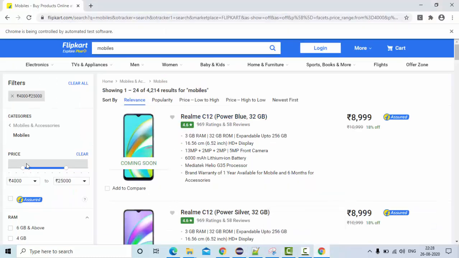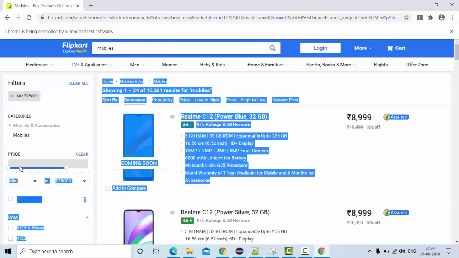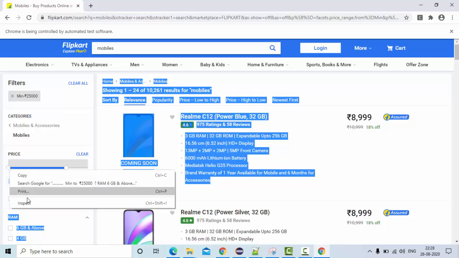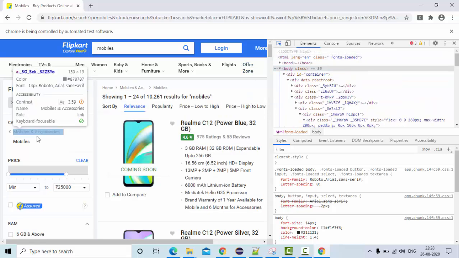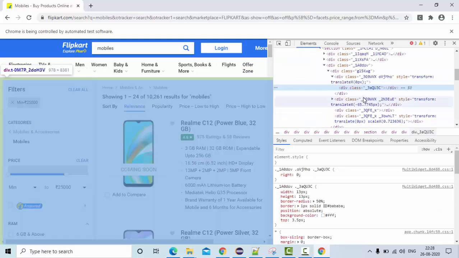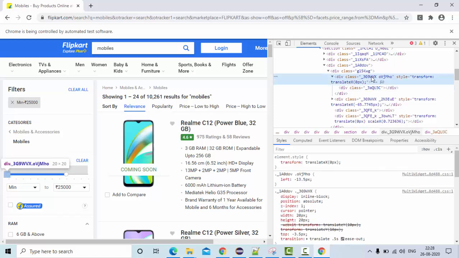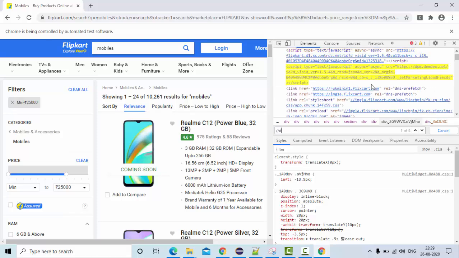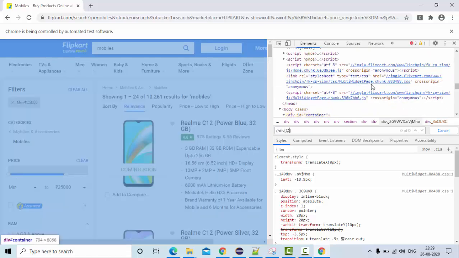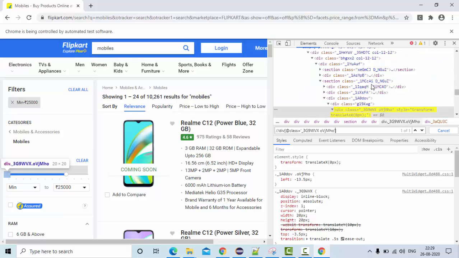Okay, guys, so inspect this. Now you could see this is the element that I am looking for. Simply use div and class is equal to, you could see this one, right?